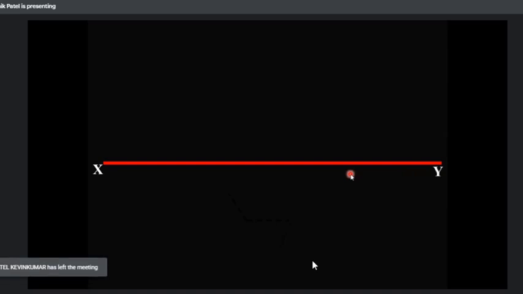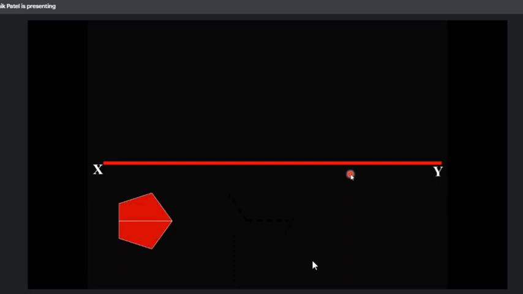Now in method 1, how will you draw the pentagon shape here? Corner on the right hand side. Very good, the base will be on the XY line. So here you will draw the pentagon shape below the XY line in such a way that a corner is on the right hand side. So here I will draw the pentagon shape. Then after that, you will label the points and find out the axis point.